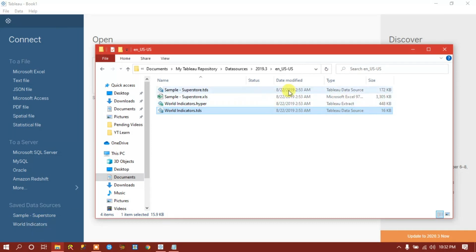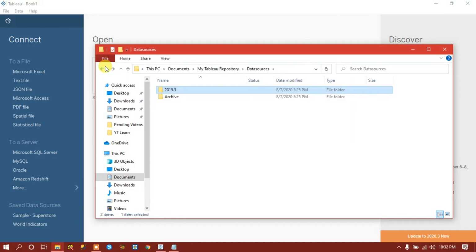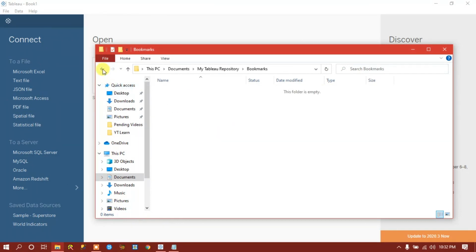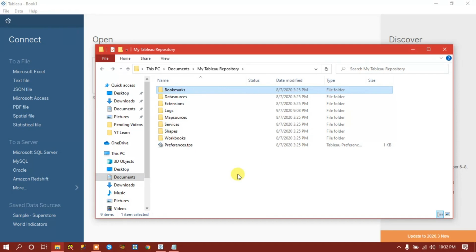These files are basically stored in these locations. If I talk about Bookmarks, bookmarks means the files which you mostly use recently. You can save them there; Tableau saves them in Bookmarks. Then the data sources that I have shown you, Extensions, Logs.